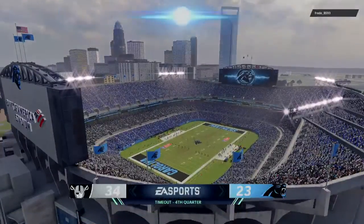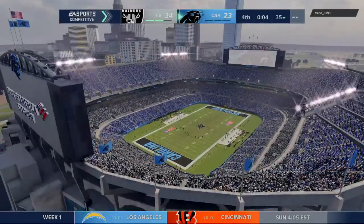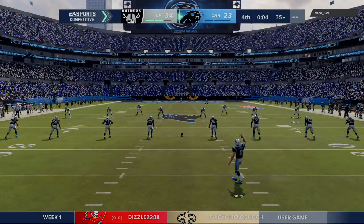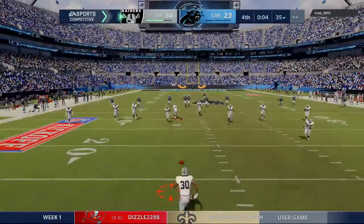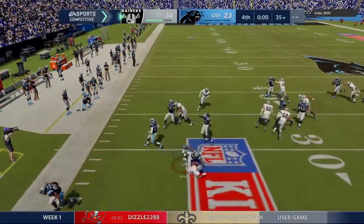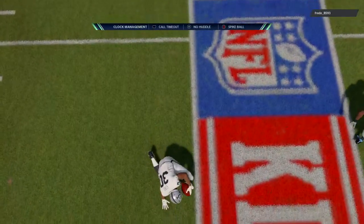Down 2 scores, but they'll try the onside kick. And now with 4 seconds left, we get a timeout call. So with the missed PAT in his rearview mirror, he goes back out to kick this one off. An incredibly short kick fielded way up there. Today's final